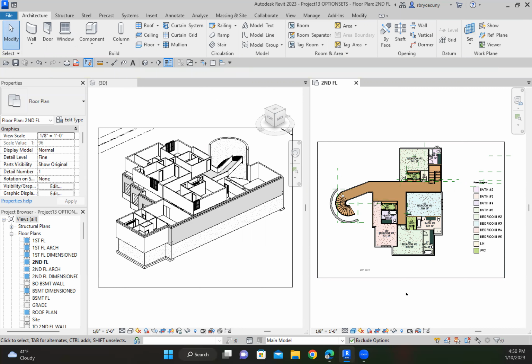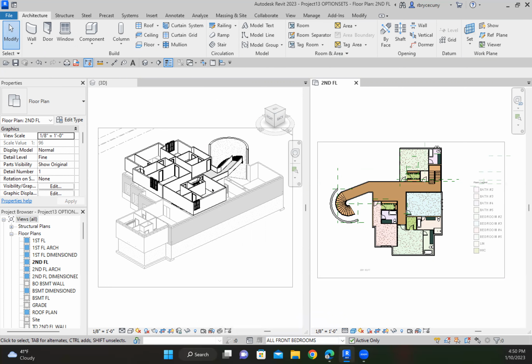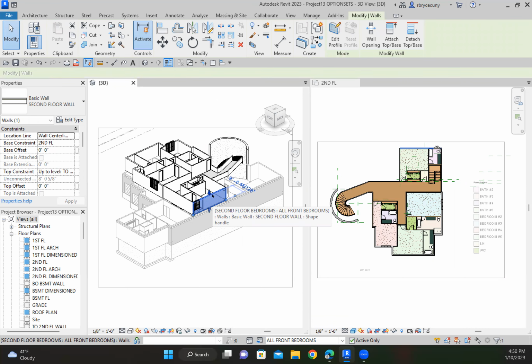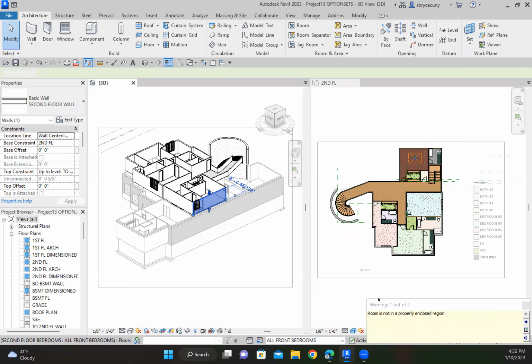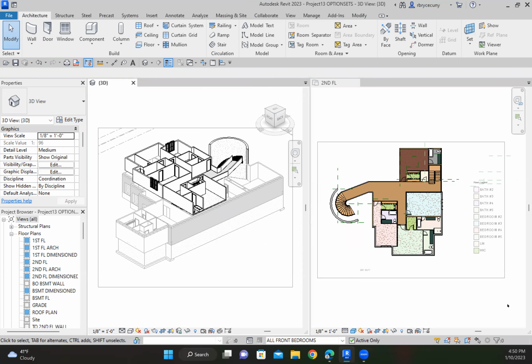Okay, so now I want to test what I just did here. I'm in the main model. Let's go to all bedrooms in the front. So let's make a change here just to test it. I know that if I'm having all the bedrooms in the front, there will not be this wall. So let's delete it. All right, the error message is about the enclosed room. But if we go back now to the rear bedroom option, that wall comes back,